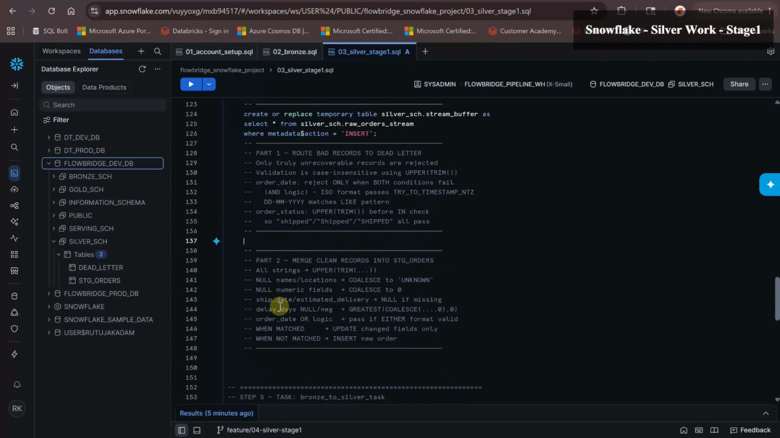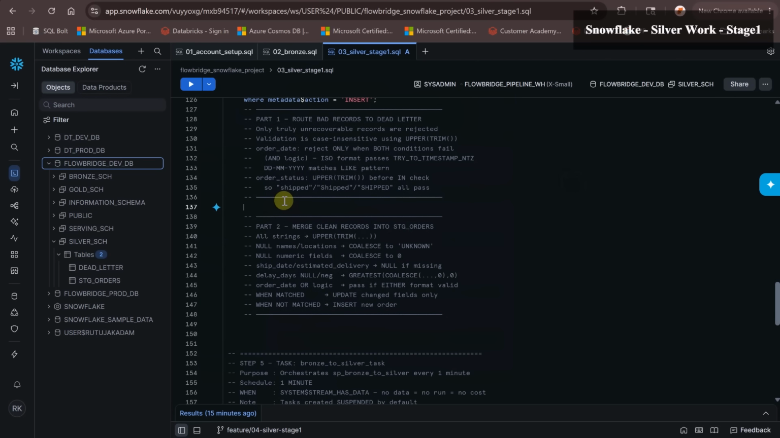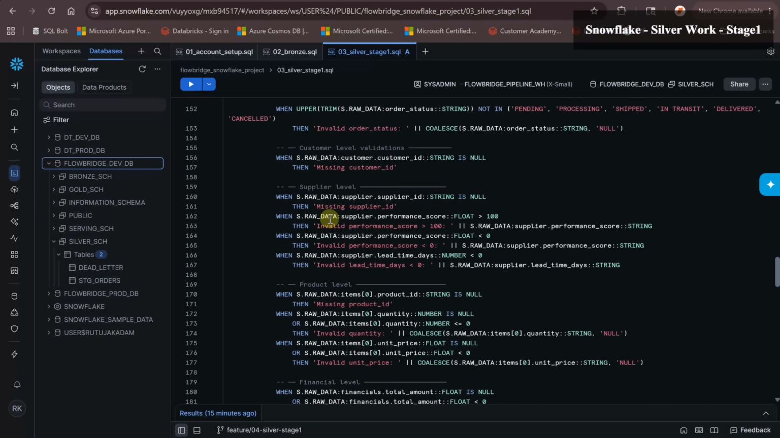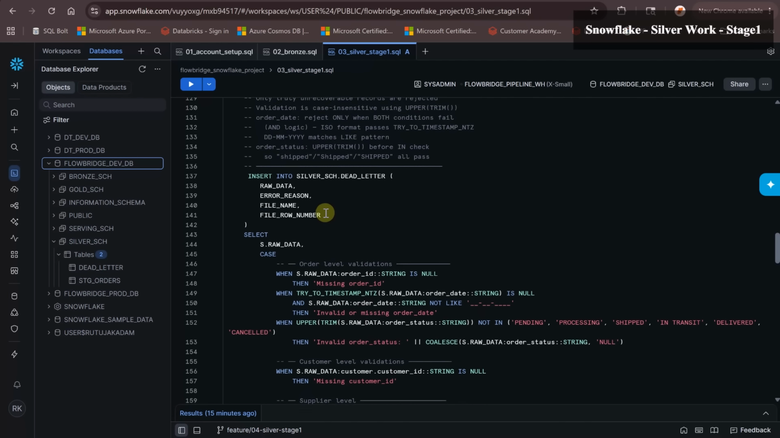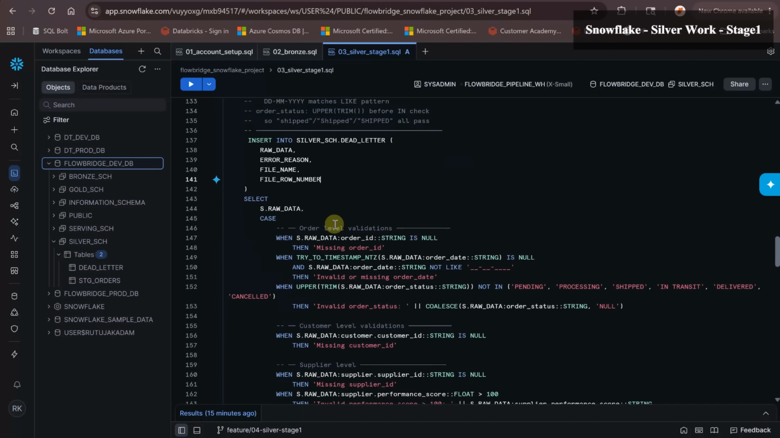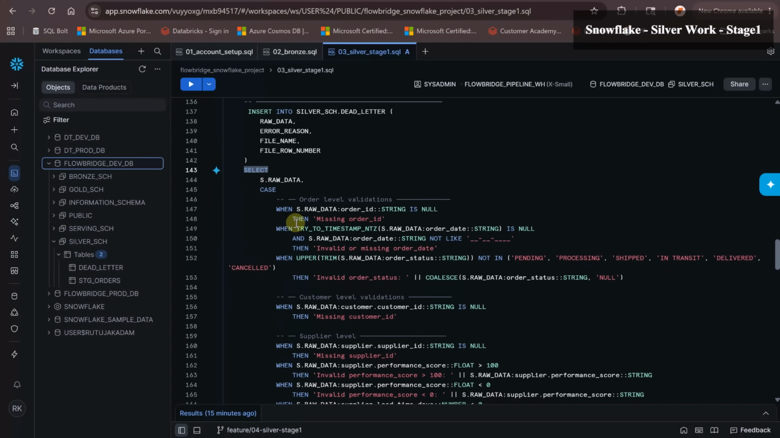Comes where we will route our bad records to dead letter. To write this logic, we will use an insert into statement. So our logic would be this one. I'll explain it step by step. We are saying insert into, and then we are mentioning our dead letter table name. And here, if you remember, we have 4 columns: raw data, then we need to mention error reason, file name, and file row number. So we are selecting our data